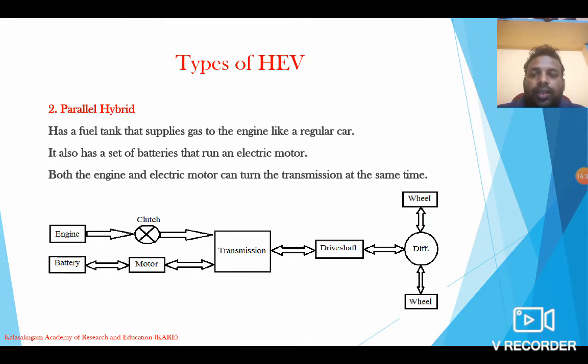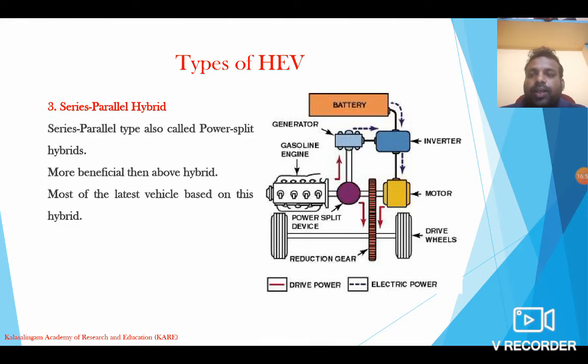Just to repeat again, in the parallel hybrid vehicle, the vehicle has two power sources, both the engine as well as the battery. But in this case, the engine is used to propel the vehicle alone. It isn't used to recharge the battery, right? That is the common difference between series and parallel hybrid vehicles. And the third, very important one, is the combination of series and parallel hybrid vehicle. Most automobile industries design vehicles like this. It's commonly a series and parallel hybrid vehicle.